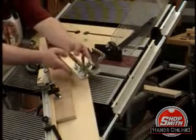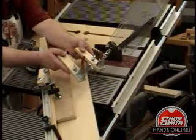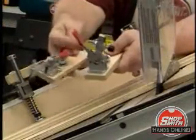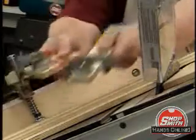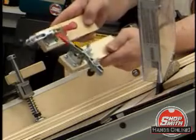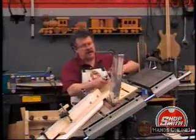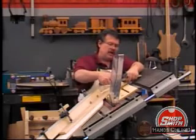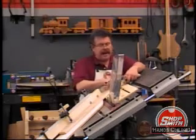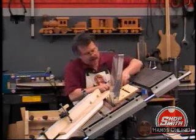And I want to show you something. These clamps are mounted here, so that one of them will go forward from the end, and the other one comes over from the side. See that? There we go. That gives you a much wider range of clamping possibilities. I need the one that comes in from the end over on the left side, towards the side closest to me. And I'm not going to be using this one at all, so I'm just going to set this over to the side right now. Clamp that in place,